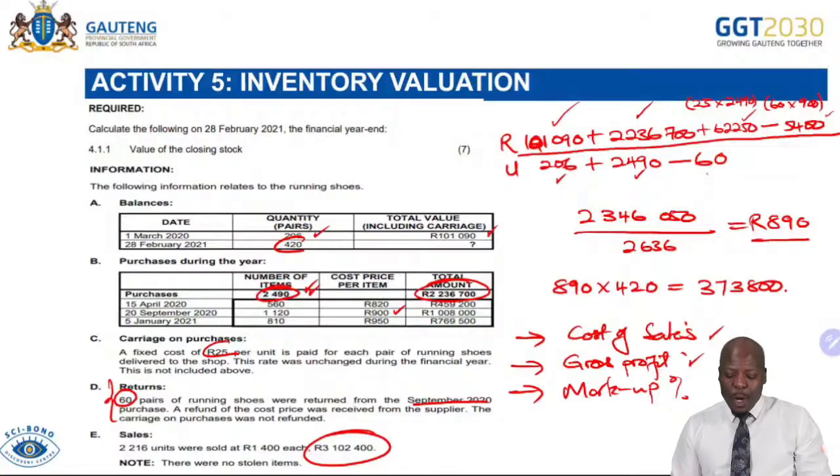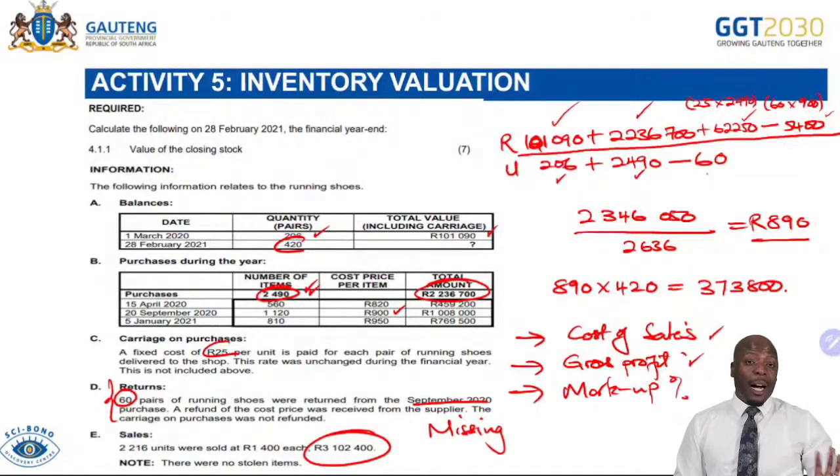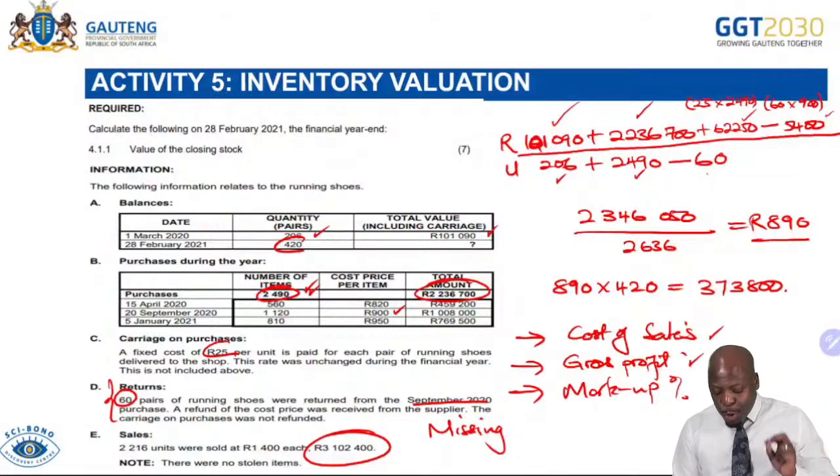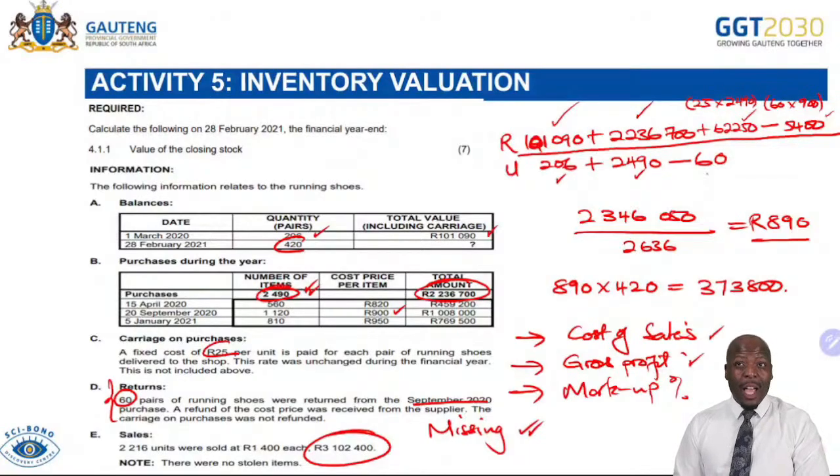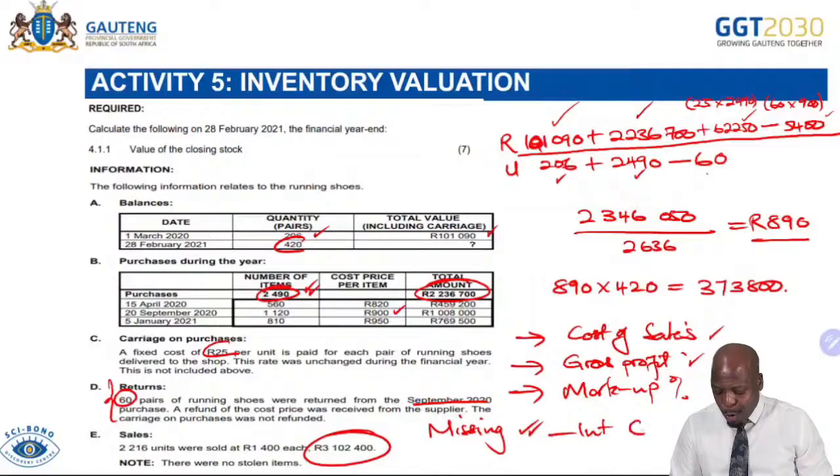But once again, when you're looking at inventory valuation, you should also be able to look at missing stock. Are you able to calculate your missing stock? You should be able to do that. Please go back to your practice questions. There should be calculations where you calculate your missing stock, how many units are missing, and remember to do the internal controls as well once there is the missing stock.